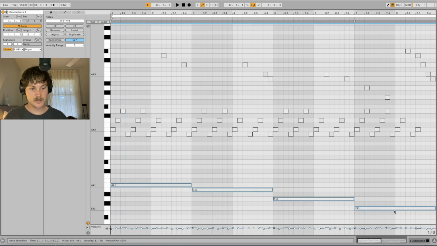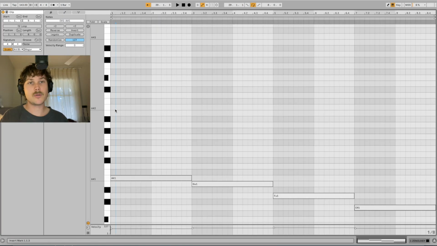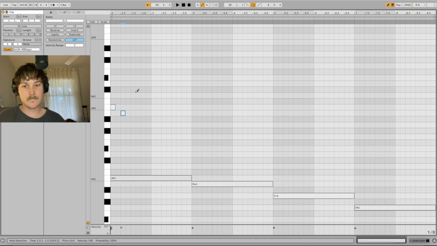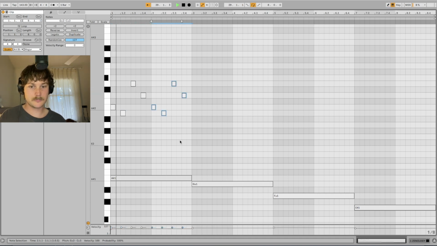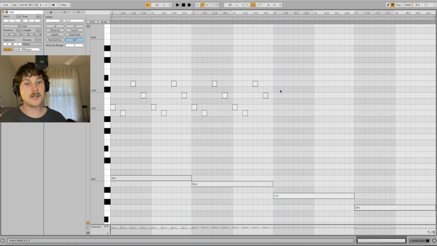What I can do is just steal these root notes. Let's make a new MIDI. We'll make our own melody using the exact same notes, but in a different order and creating a different rhythm, and we'll see how it goes. It's a little bit basic, so I'm going to go back and reference the other MIDI